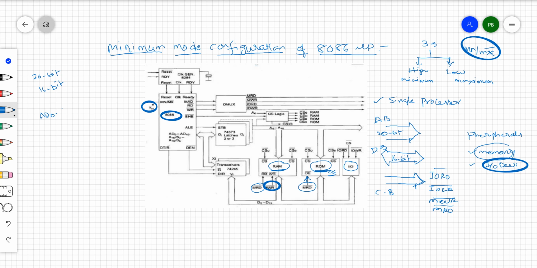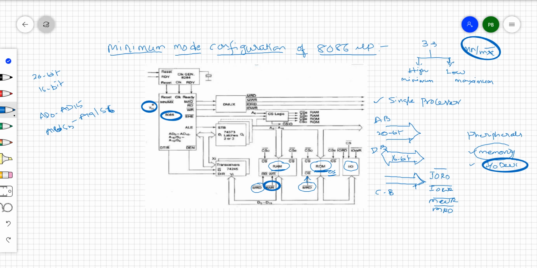We have AD0 to AD15, and A16/S3 to A19/S6, right? That is A16/S3, A17/S4, A18/S5, A19/S6. So here 20 pins are there to generate the 20-bit address through the 20 address lines of the 8086 processor, but